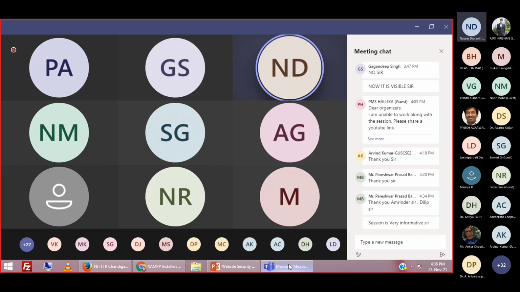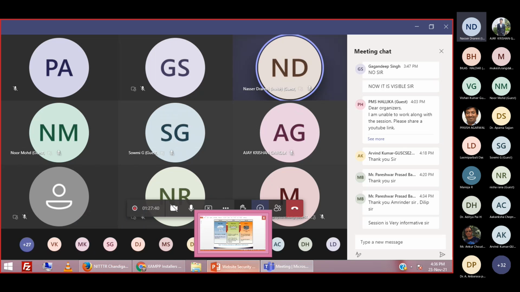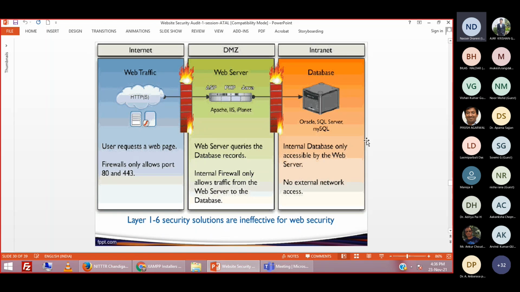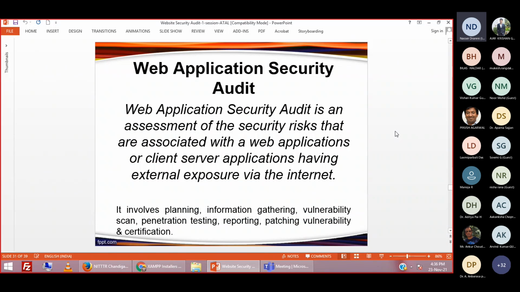If only you are able to see your website, it is definitely not going to solve your purpose, right? So you cannot block ports 80 and 443 in your firewall, and as a result, you will not be able to stop this type of attack coming to your website. So what is the final solution? The final solution is to conduct a security audit for your website, right?